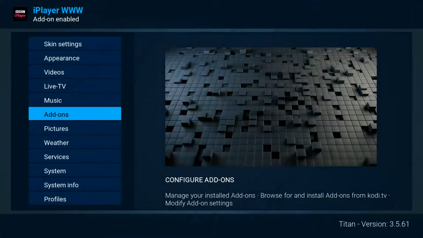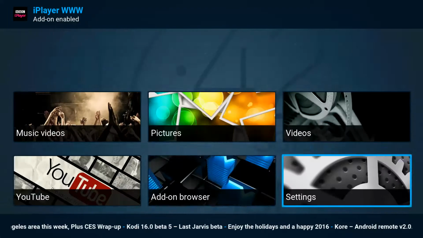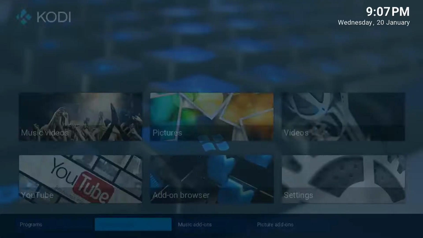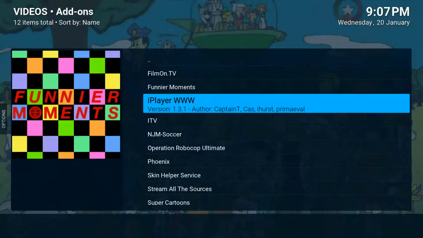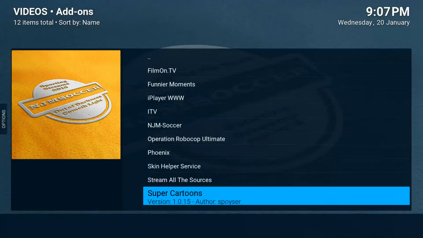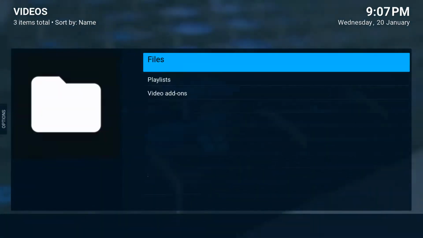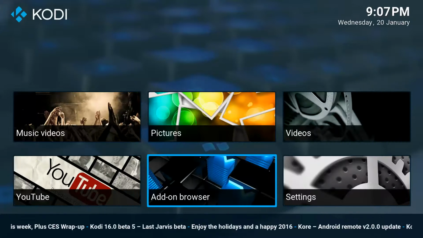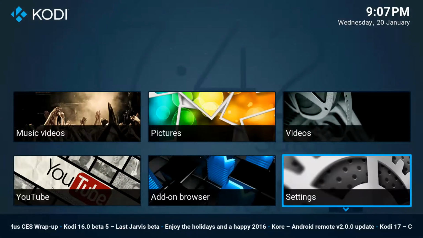So we've got all the add-ons now. If you just want to come out of them, you can go to browse add-ons and view video add-ons, and there's all the add-ons like I said before. Okay. So all the add-ons that we're going to use in making this build. You can add your own, sorry. You can customize this however you want it,